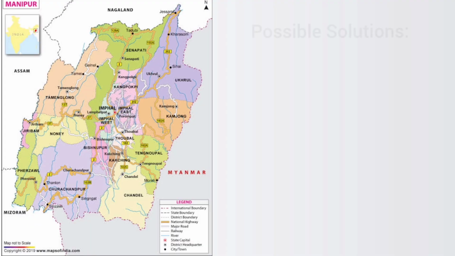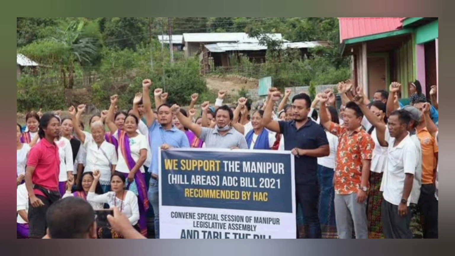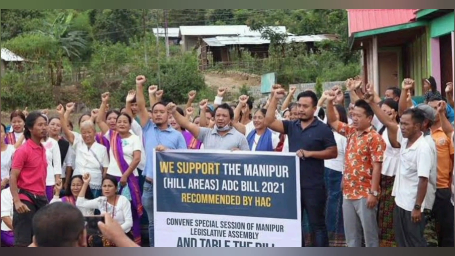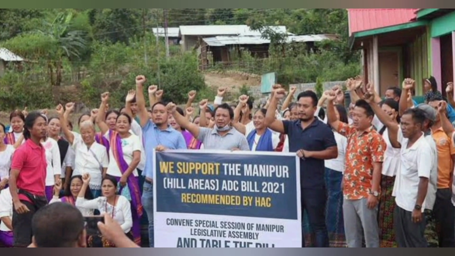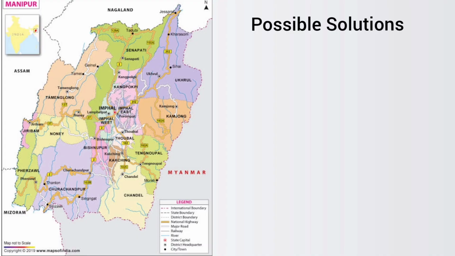So, what can be done to resolve these issues and ensure a peaceful future for all communities in Manipur? First, enhancing autonomy for hill areas is key. Giving the Hill Areas Committee more decision-making power could ensure tribal communities have a stronger voice in the state's legislation. Secondly,